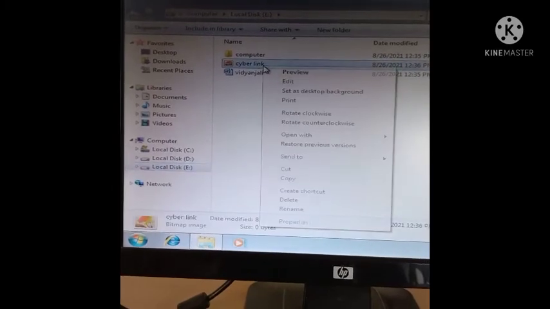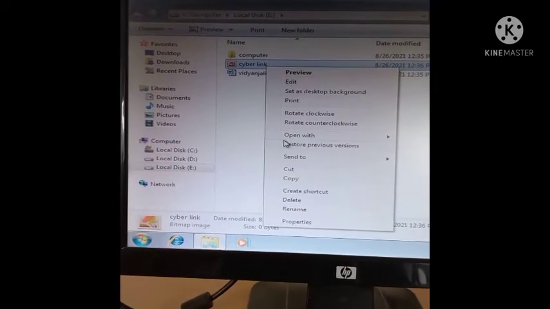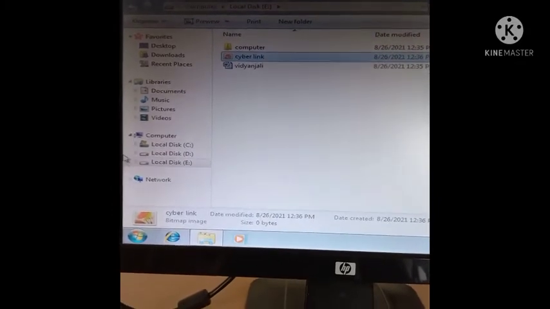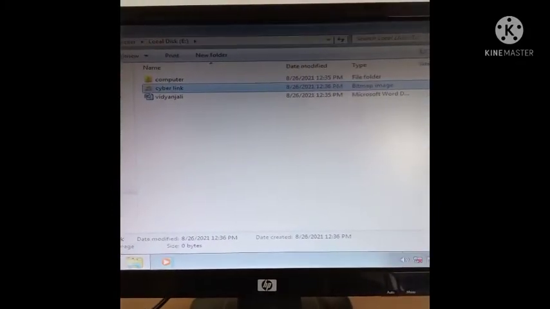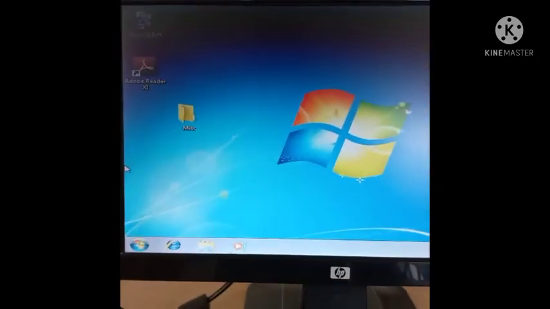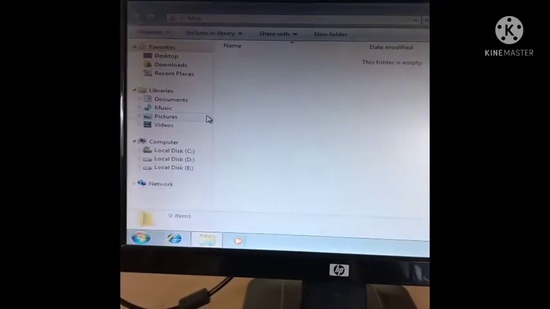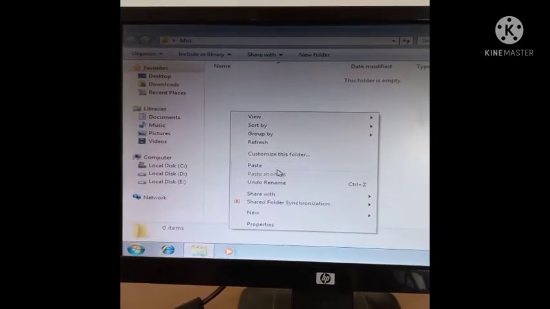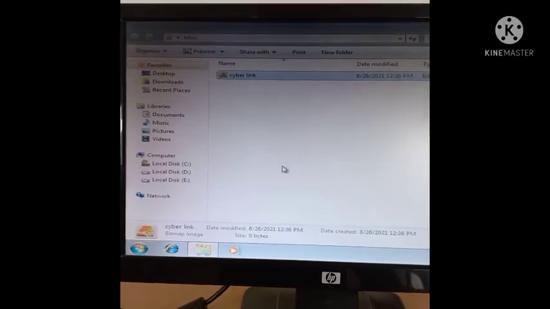So how to move? Move means we have to cut the item, go to the MISC folder, and paste it.